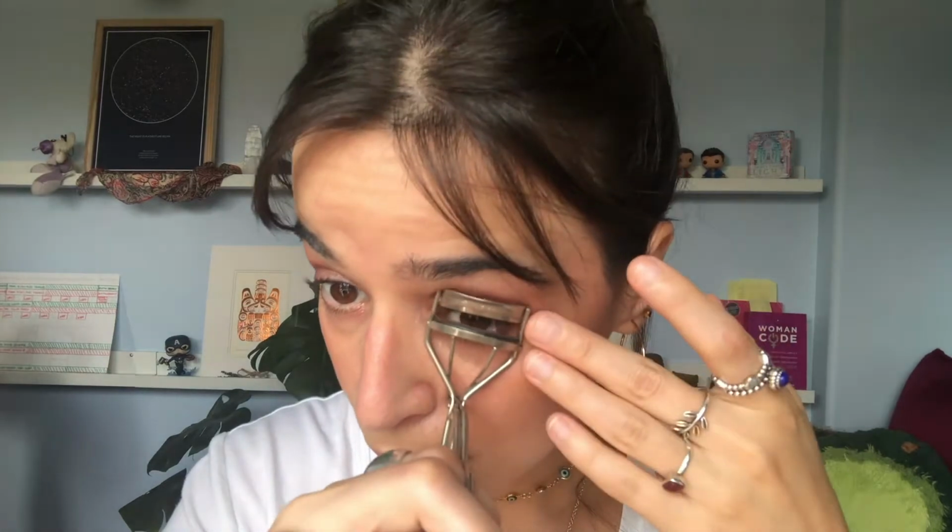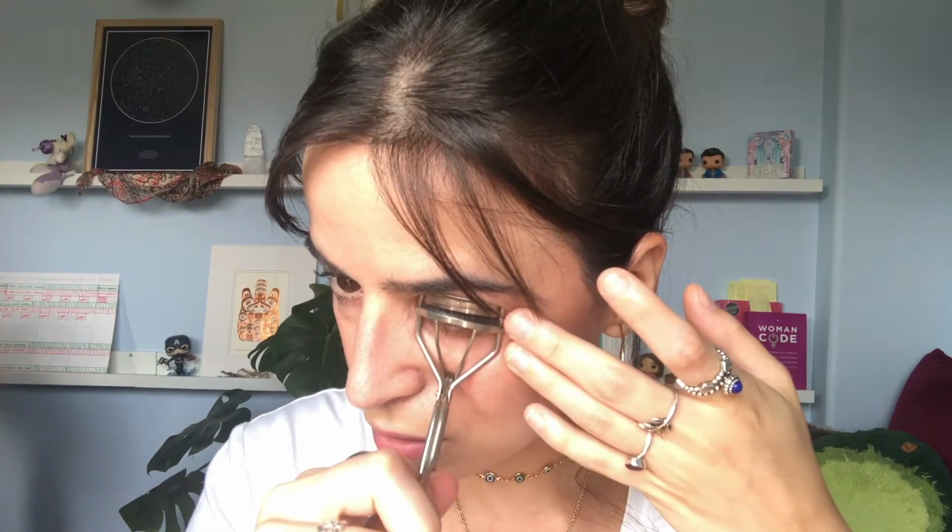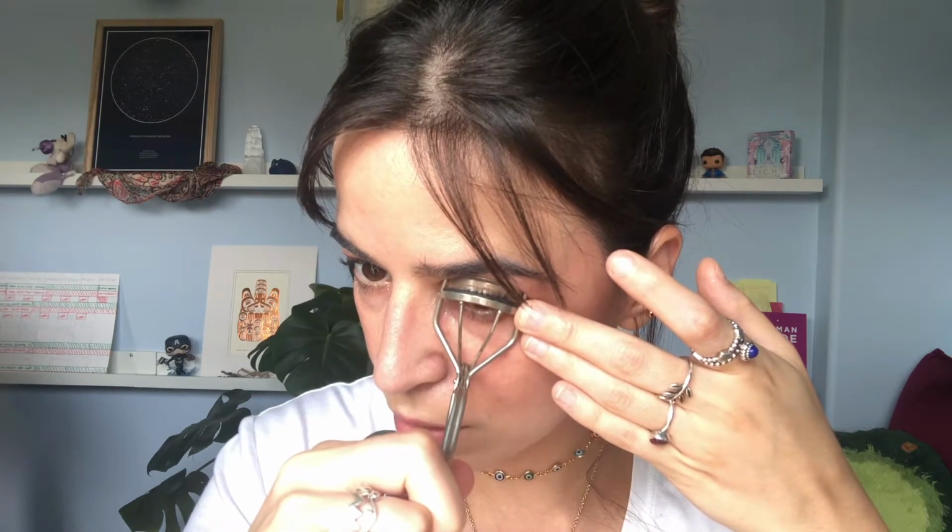One close to the roots, middle, and edges. Okay. The tips of my lashes are almost touching my skin. So let's see again. I do that because my eyelashes are actually very straight, even though they are black and nice. I like to curl them well before applying mascara, so I give the mascara a chance. I'm going with the Birds and Bees